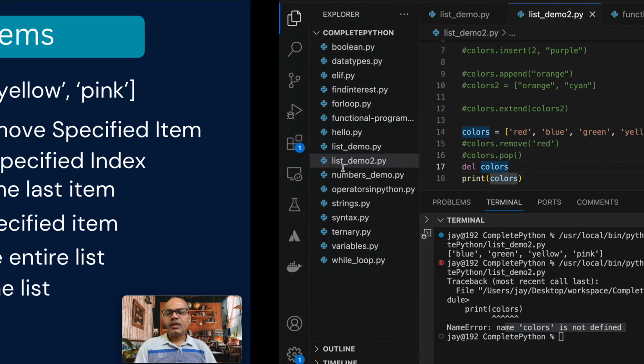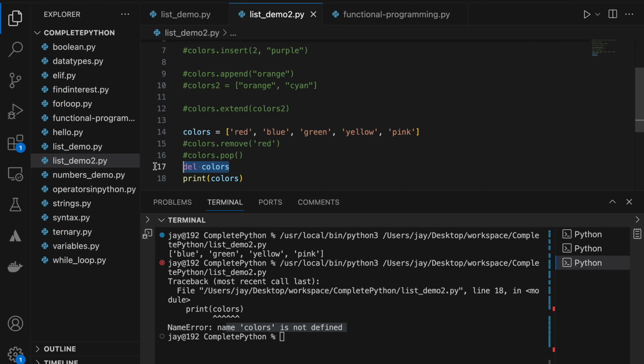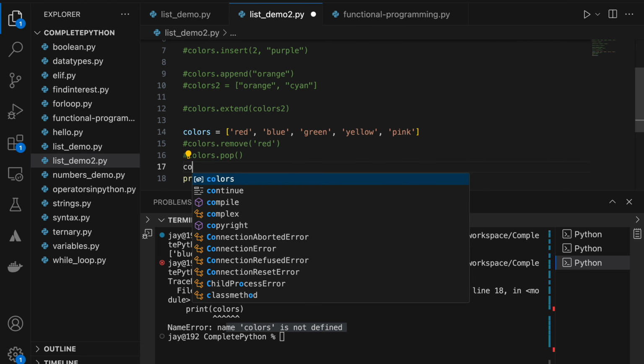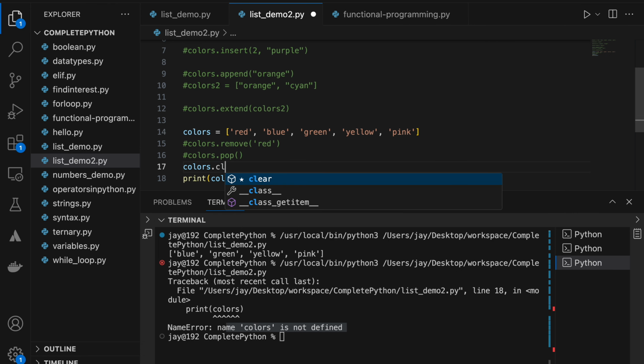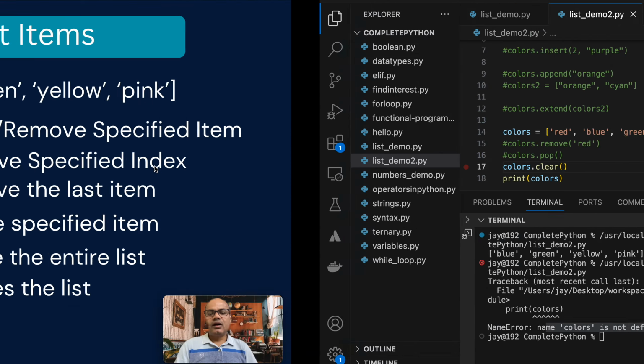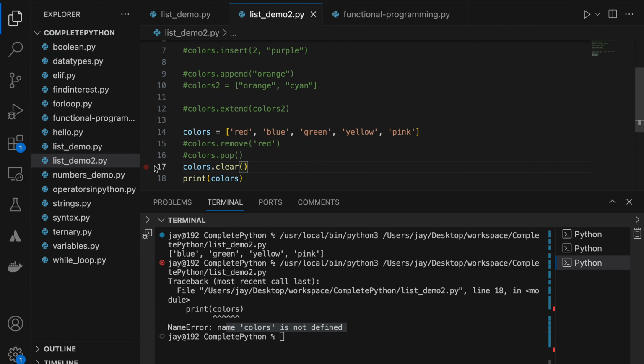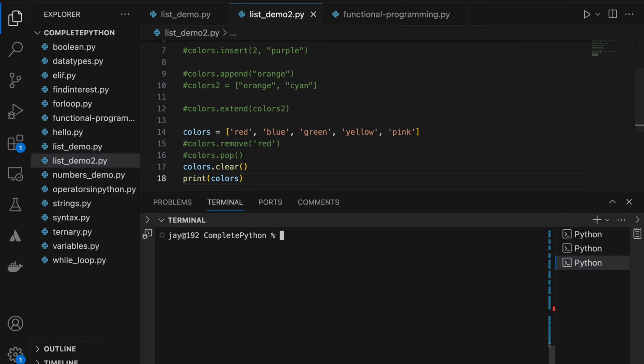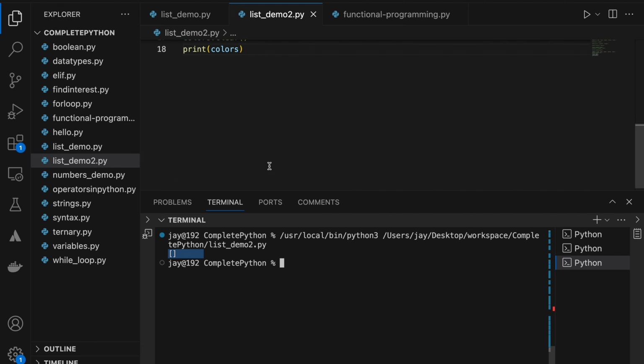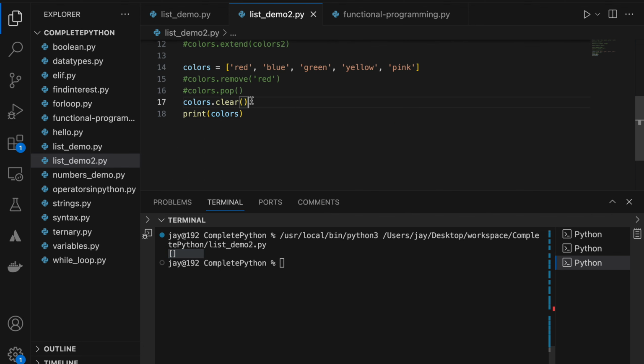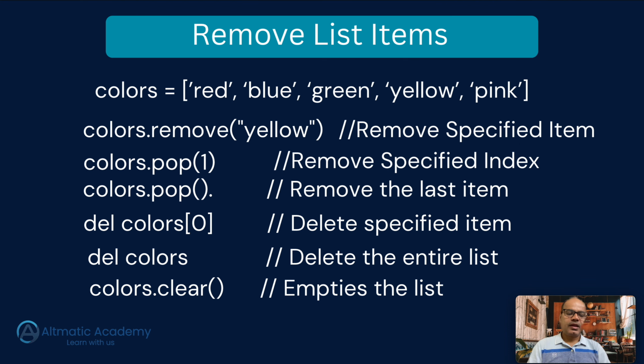Now what does clear do? If I write colors dot clear, this clear will just empty the list, it does not completely delete it, it will be an empty list. So let me clear the screen, and then see, you see the empty list is here. So this is the big difference between del and clear, right? So I hope it's clear. Now